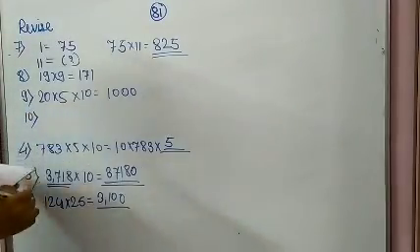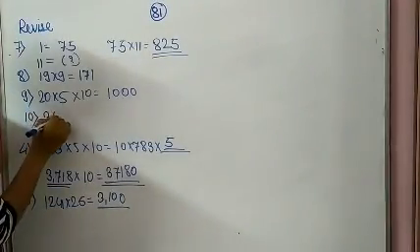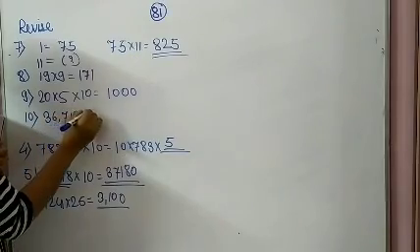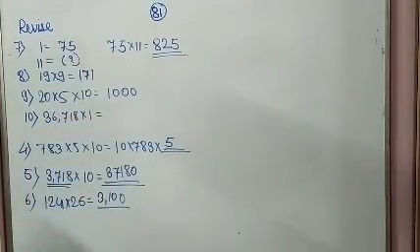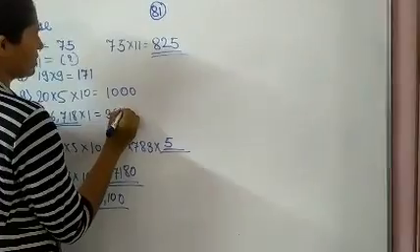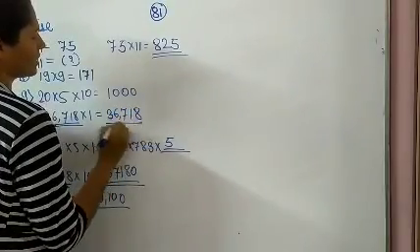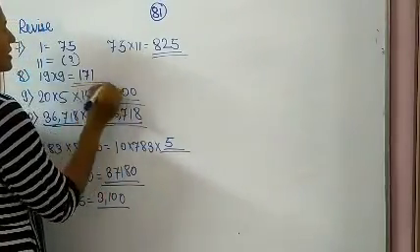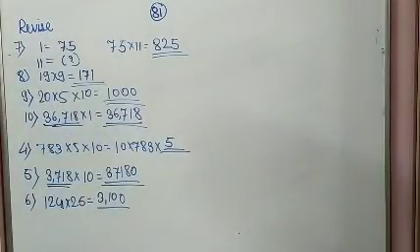10. Now see here. If any number is multiplied with 1, then what will be the answer? Any number multiplied with 1, then the answer is that number itself. 36,780. So this is our answer. Yes. So here we completed. Revise question number 8, that is a multiple choice question.